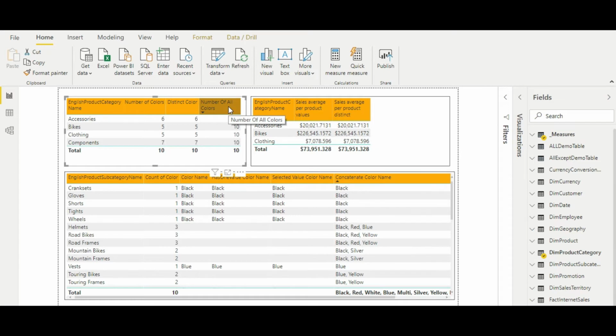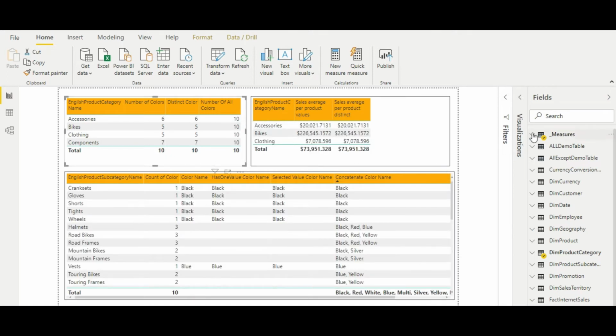In the previous video we discussed the ALL function, that when it comes to passing a single column to the ALL function, it always returns the unique values in that column. So as I mentioned earlier also, that behavior is quite similar in terms of passing a single column to VALUES, DISTINCT and ALL. So let's see all these 3 measures.